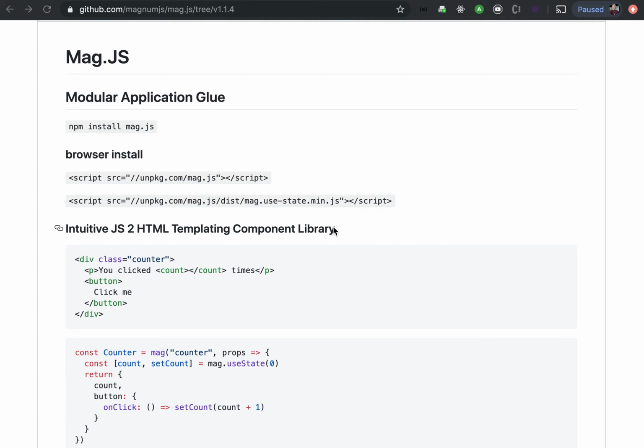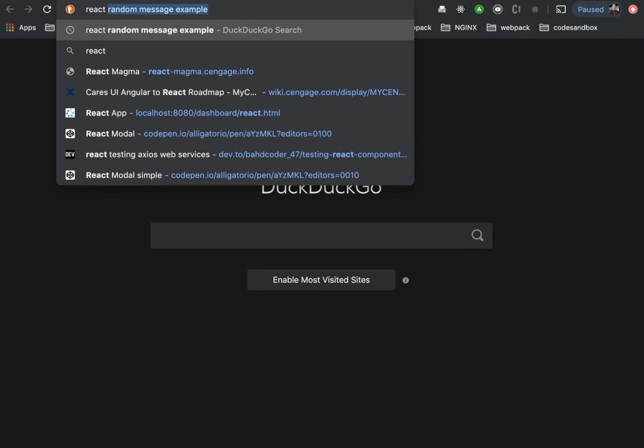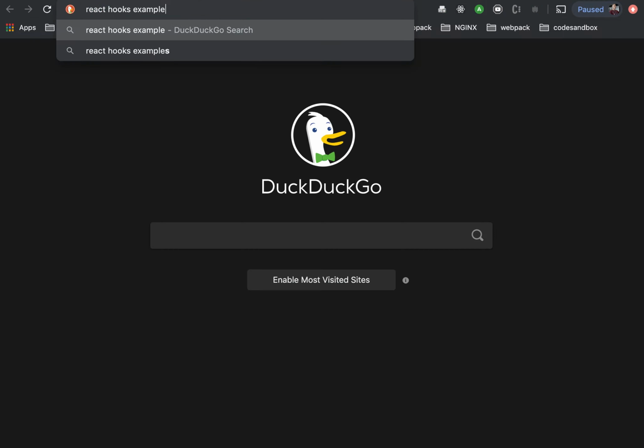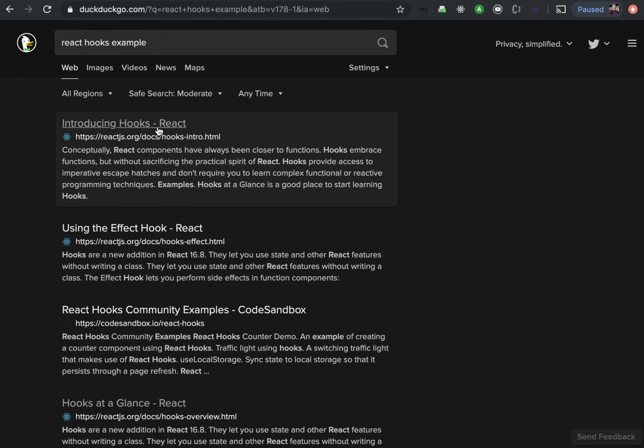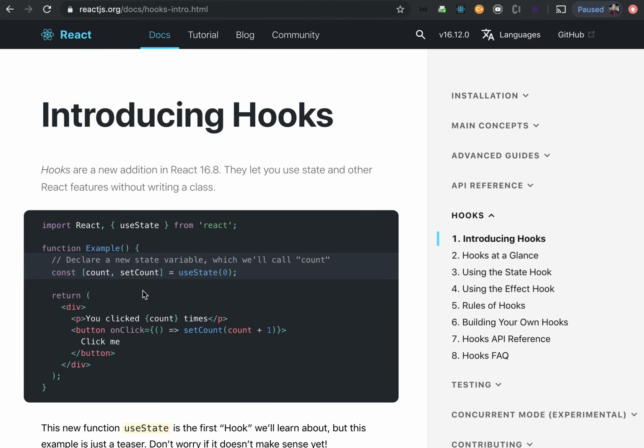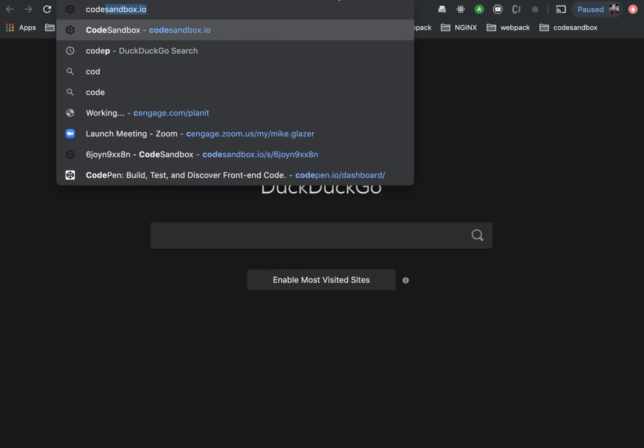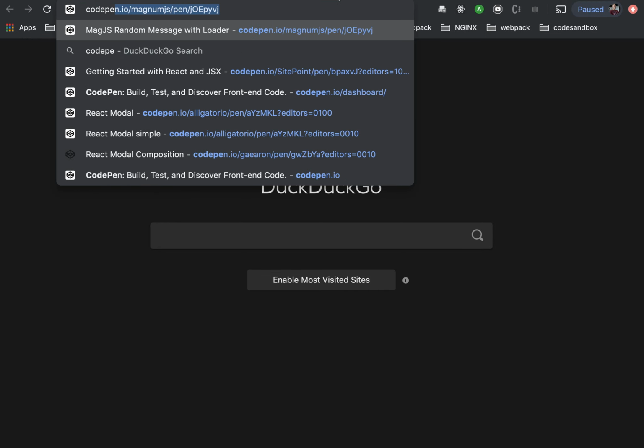Hello there. We're going to do a very simple counter example, very similar to the one that you find on React hooks example. It's basically a very simple counter using useState, as you can see here. It's just an example, and we're going to just show the same thing in, let's do CodePen. That's pretty straightforward. So if we go to CodePen,